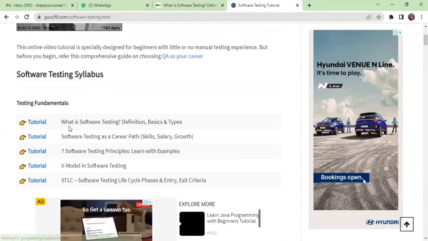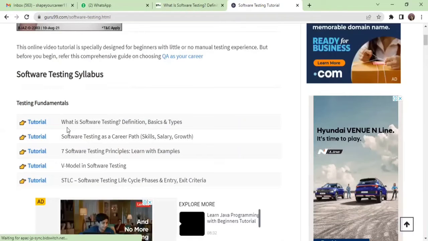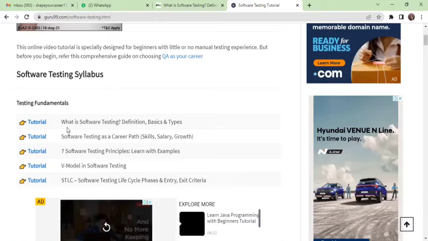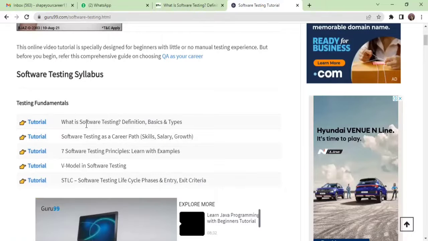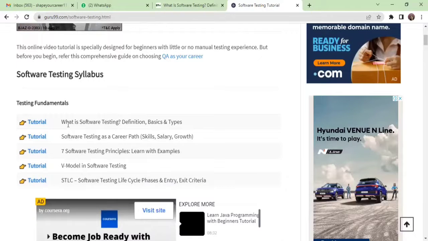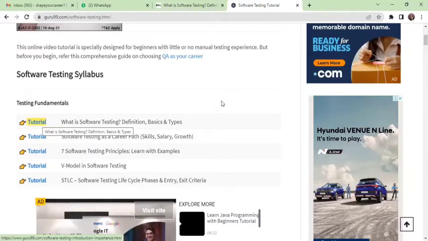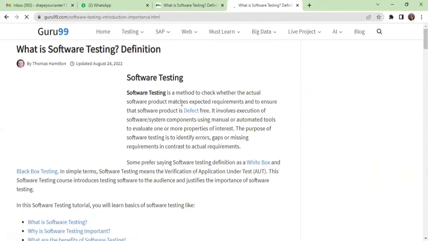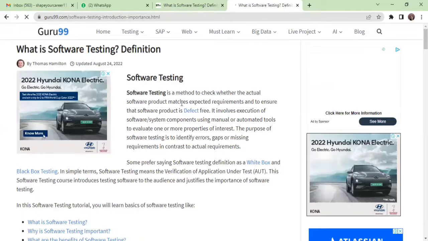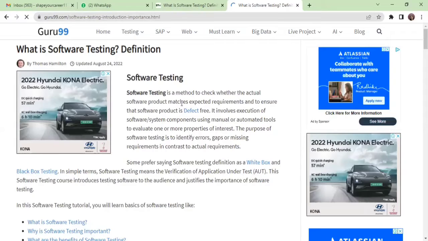Now, I think both of you already know what software testing is and why it is done, right? I will not invest a lot of time in the introduction, but I'll still explain. Okay. So why do we do software testing first of all? Because a client or a company wants a product which is error free, right?